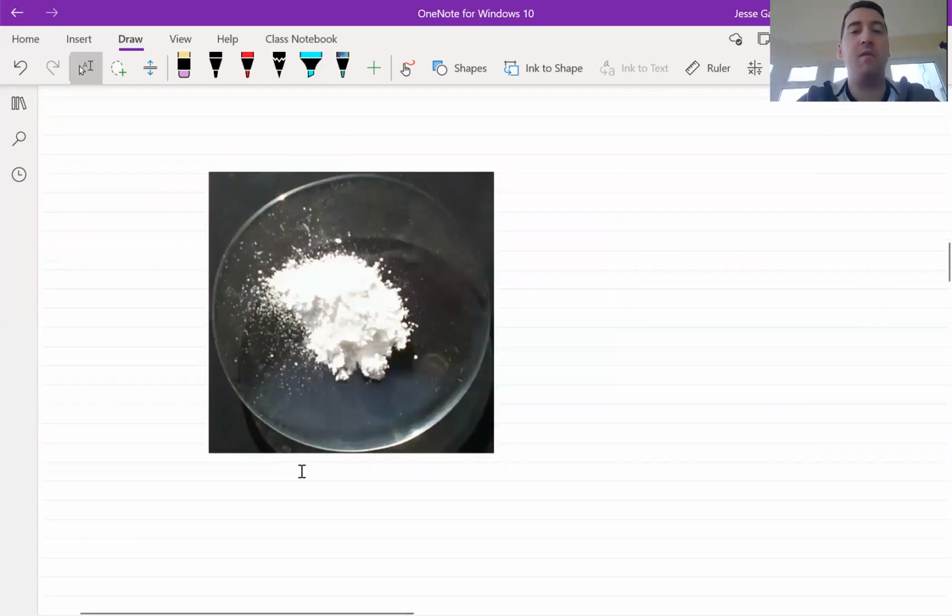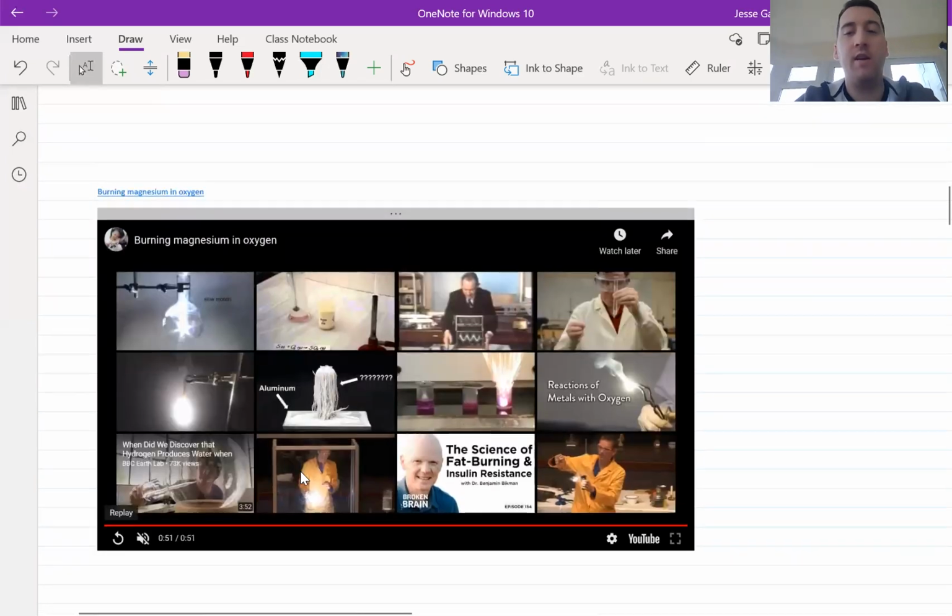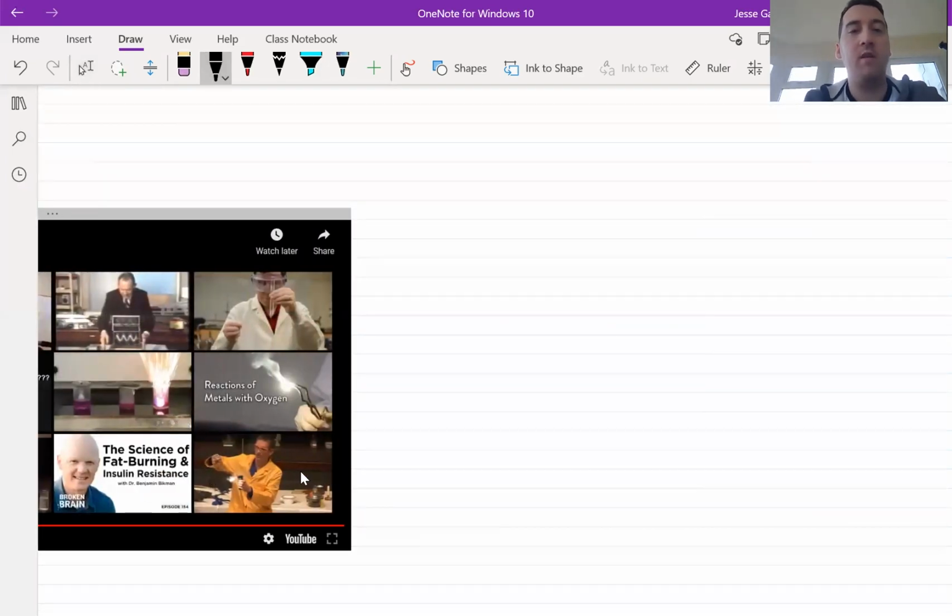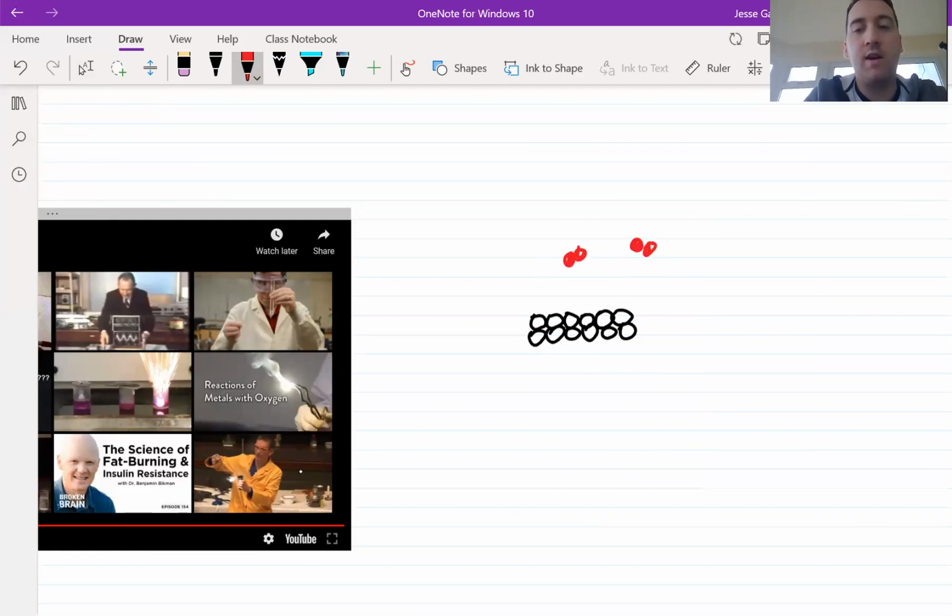Now, before we go on, what's actually happening here, if we were to draw what was happening, here I'm drawing the atoms of magnesium. Here we've got this magnesium ribbon, and we've got these atoms of magnesium ribbon. Okay, what happens when a reaction starts happening? Well, normally in the air, we've got this oxygen floating around. So we've got these floating around, and at the moment, they're not really doing much. They might go in and they might bounce off the magnesium, but they're not really reacting until